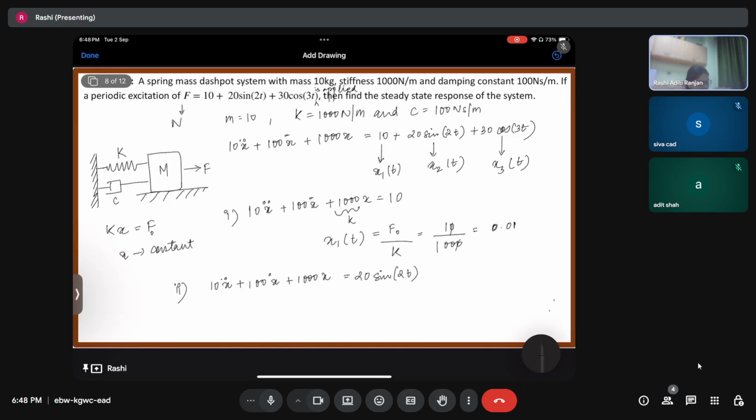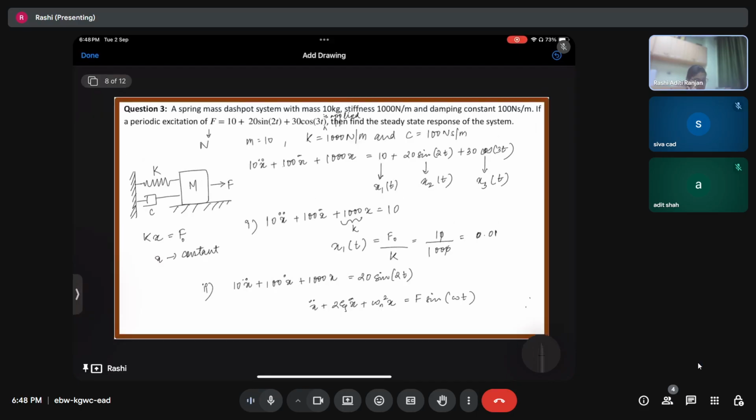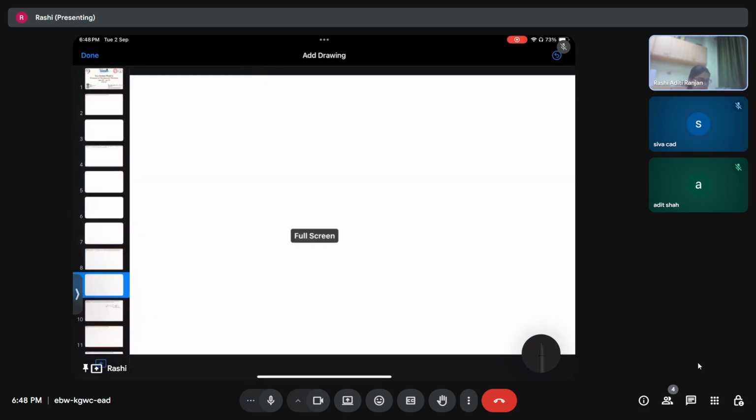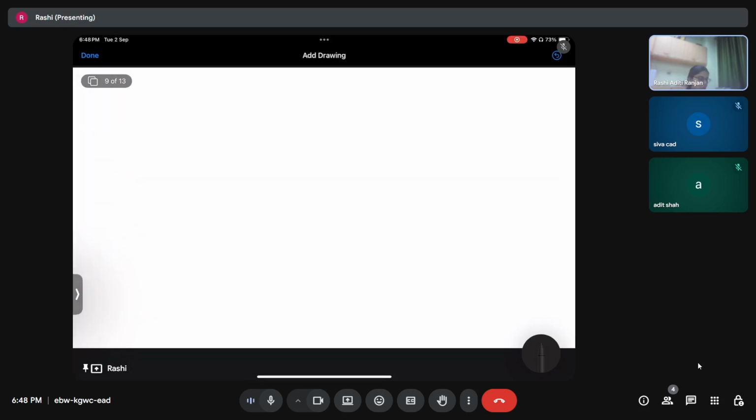How? By writing it something like x double dot plus 2 eta omega n x dot plus omega n square x is equal to f sine of omega t. Right? We can write it in this form using the non-dimensional terms. And for this kind of an equation, the solution is going to be what? The solution can be written as